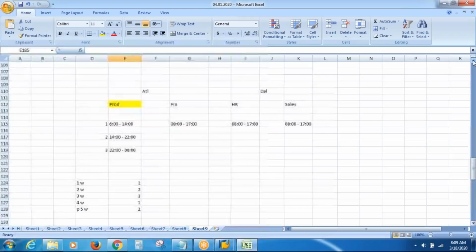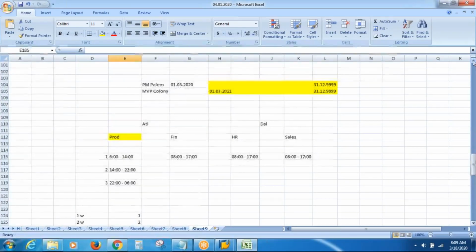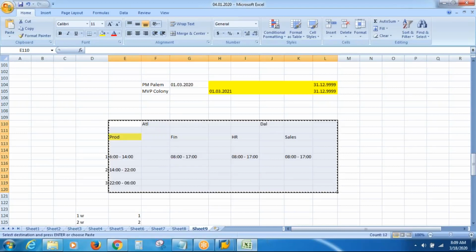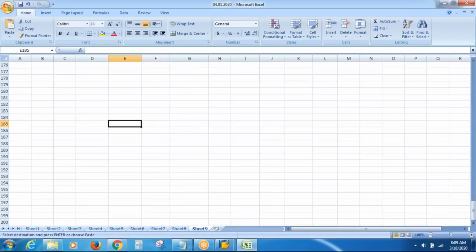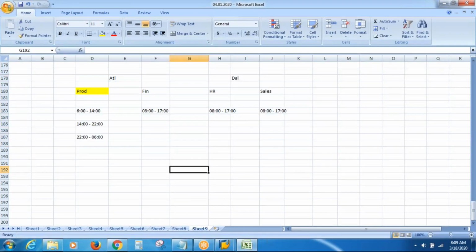Then, yesterday we discussed this example, the shifts. We discussed these shifts yesterday, right? Now what we need to do is